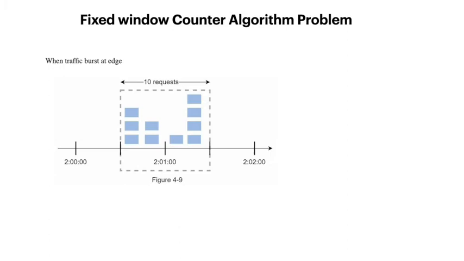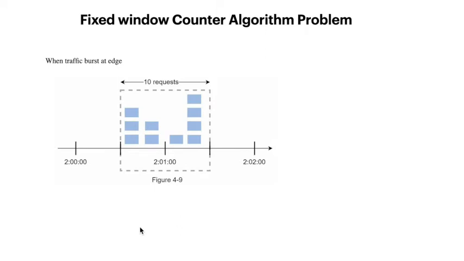Okay, so this is a problem we encounter with the fixed window counter algorithm. In this algorithm we have a time frame of 1 minute, but if you see, in the last 30 seconds and the first 30 seconds of the next window we got multiple requests. If our goal is to process 5 requests within 1 minute, but in that in-between portion you are processing 10 requests, it violates your assumption that you are processing 5 requests per minute.